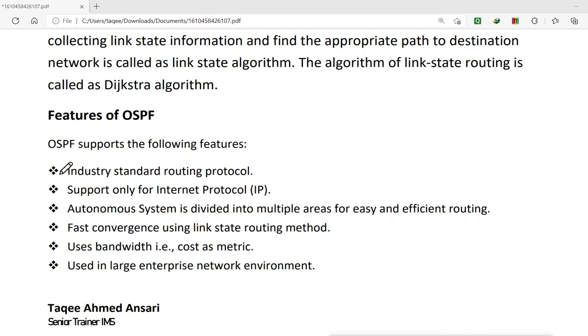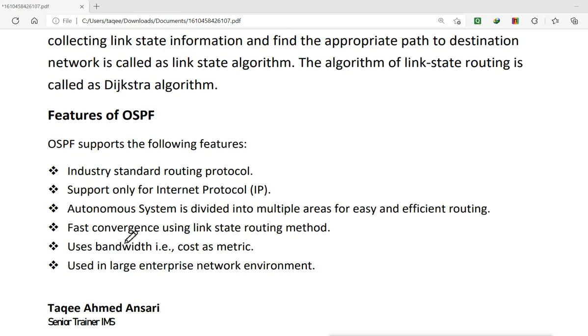Now these are the features of OSPF. It is an industry standard routing protocol, because it is like open source. Anyone can use it on any device. It supports only the Internet Protocol, IP, not AppleTalk or IPX. The autonomous system is divided into multiple areas for easy and efficient routing.